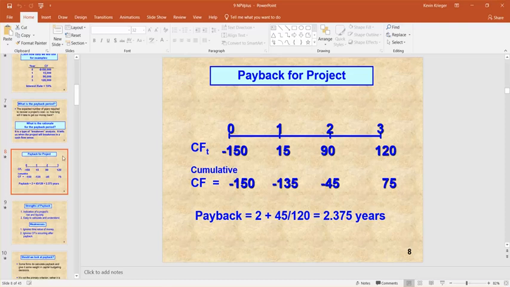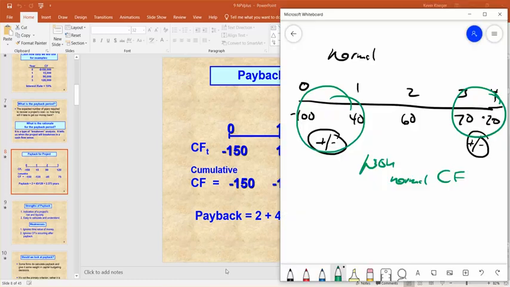If you had non-normal cash flows, something like this, then you have a problem, because with non-normal cash flows, you cannot use the payback period. The project might pay for itself in year 1, but then fall back to a negative overall impact in year 4. And that's kind of silly to say that it pays for itself in a year, but not in 4 years. So for payback period, we need normal cash flows.